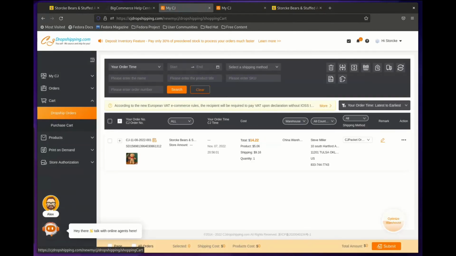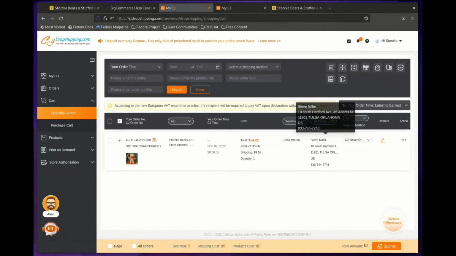Again, it gives you a chance to review the name, the address of the person, the phone number. You can see the order amount. Everything is proper right here. So your next step is to click the checkbox again. Once you click the checkbox, your next step is to click Submit. Okay, and then once you click Submit, as I'm about to do,